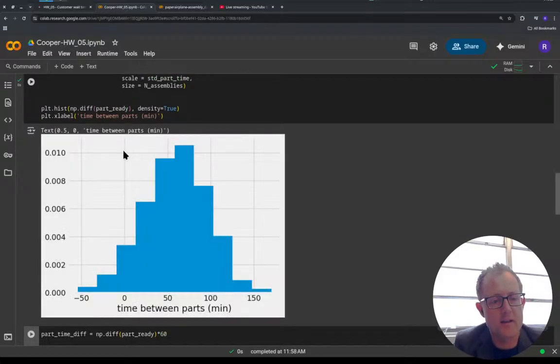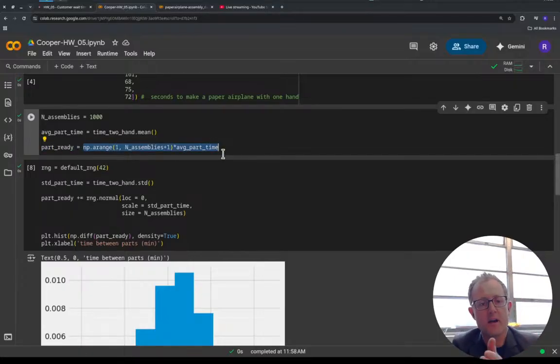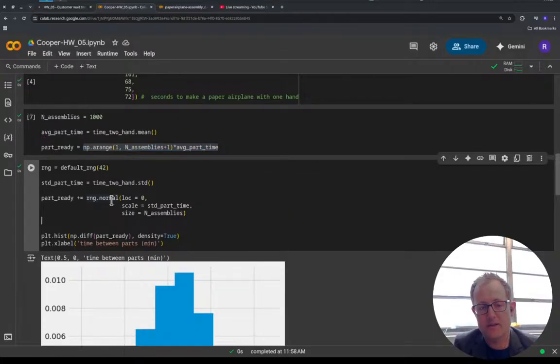So let's try that again. All right. Right now, there are times, because I have an average of 60 and 3 standard deviations is now going to be negative time. There are times when I'm saying it took negative time because I'm saying that parts are being created on average every so many spots. So instead of that, what I'll do is rearrange them to say